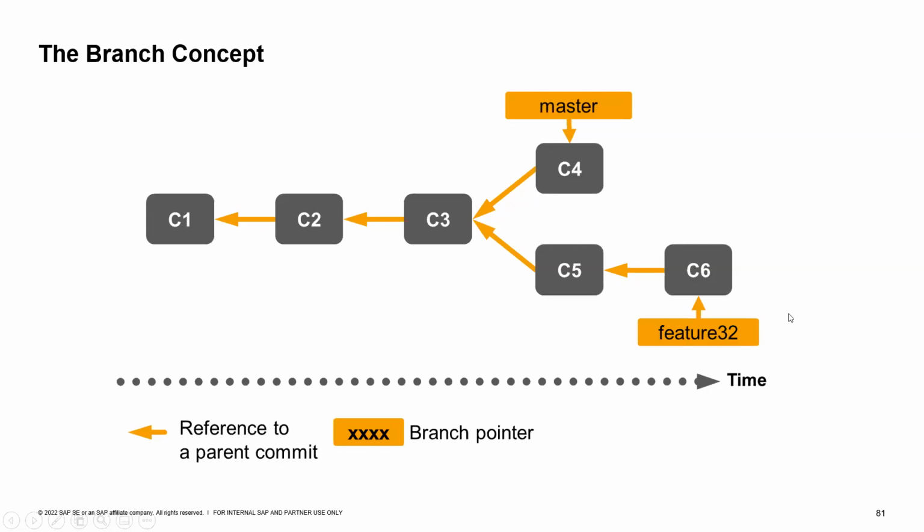Now let's say the developer of feature 32 wants to merge his changes into the master branch. What can be done is to merge this feature branch onto the master branch. That will create what is called a merge commit, which you can call C7, and it will point to both C4 and C6, and the master will move to the C7 commit. As you can see, merge is basically non-linearizing your branch. It creates a nested kind of structure in your Git history.